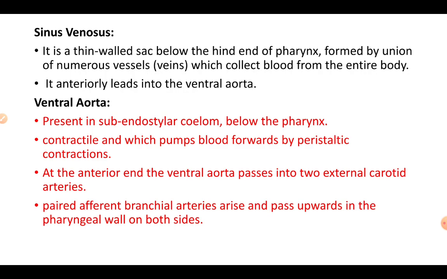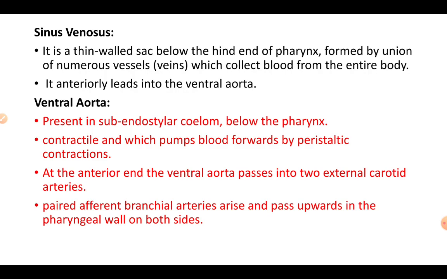of the pharynx. Here you should recollect the structure of the pharynx that we have discussed. We said it is made up of a number of gill slits. In this you find two kinds of gill bars, primary gill bar and the secondary gill bar. And this ventral aorta gives off a series of paired lateral afferent branchial arteries which run through each primary gill bar of the pharynx.